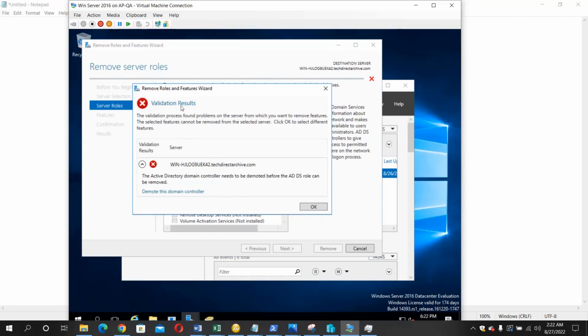So this is the validation results. And if you can remember, whenever we want to turn a server to a domain controller, what we usually do is we promote it. We promote that server to a domain controller. But in this instance, we are demoting. So we are going to click this, demote this domain controller. So do not mind this validation result. Just click on this, demote this,